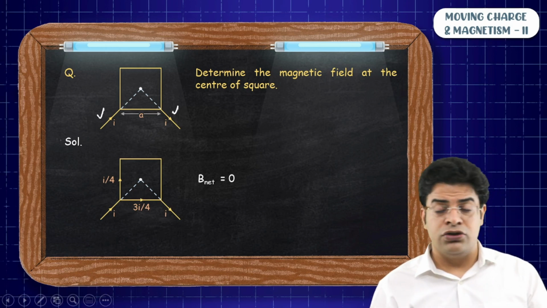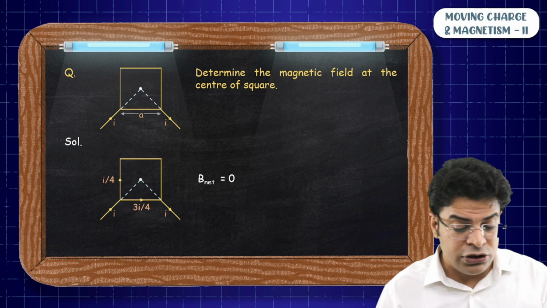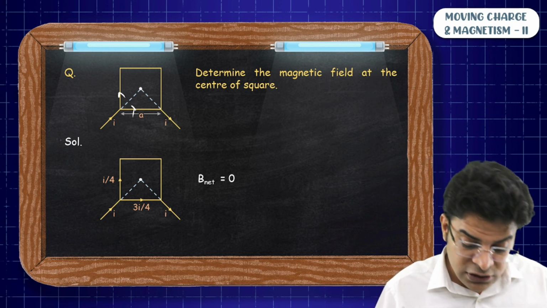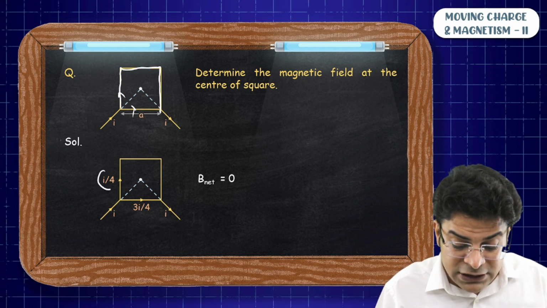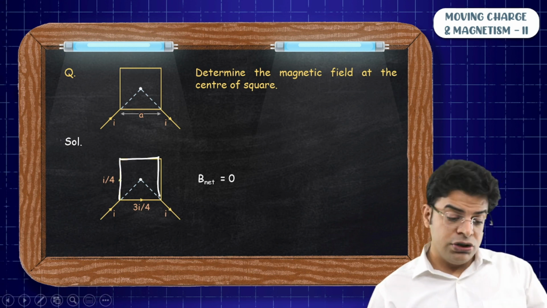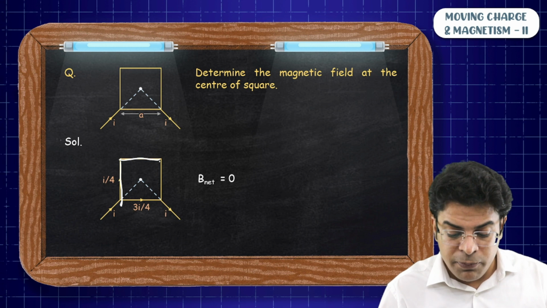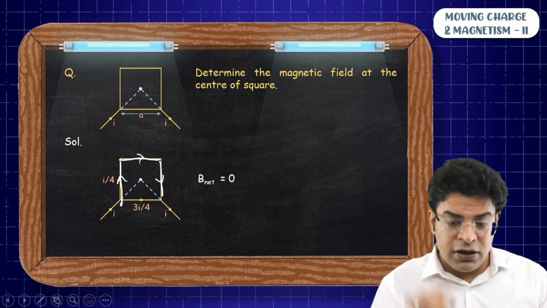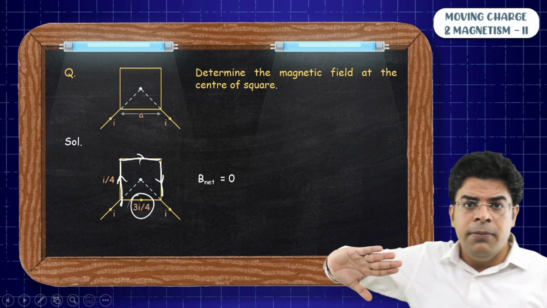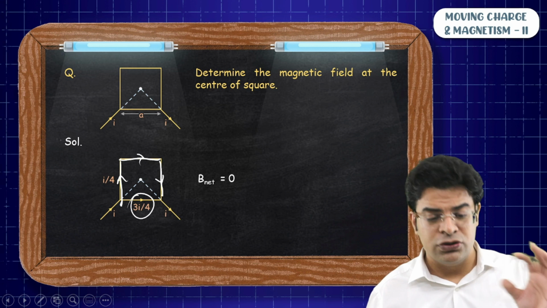Due to these two, it's already 0. The point lies on the same line. Due to these 4 also, it becomes 0 because the current gets distributed in the ratio opposite to the resistance. So this line is longer, it has got more resistance, it has got lesser current. It is 3 times longer, it has got 3 times more resistance. So it will get 1/3 the current compared to the other line. So each line here will produce a magnetic field of strength 1/3 compared to the other one. So these 3 will, let's say, produce B inward, and the fourth one will produce 3B outward. So the net magnetic field at the center is going to be 0.